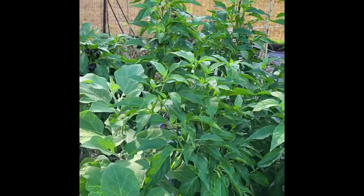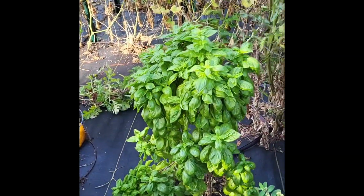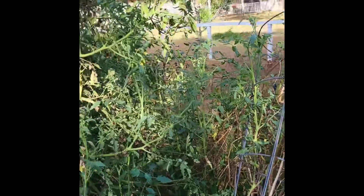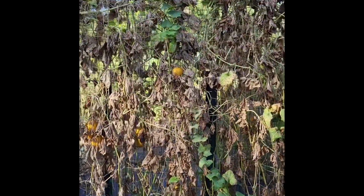And then our peppers, of course. Peppers love heat. Eggplants love heat. Basil loves heat. Our tomatoes here, I've made cuttings to plant in a couple of weeks for fall tomatoes, so these will be coming out of the ground. And our cucumbers, we're harvesting